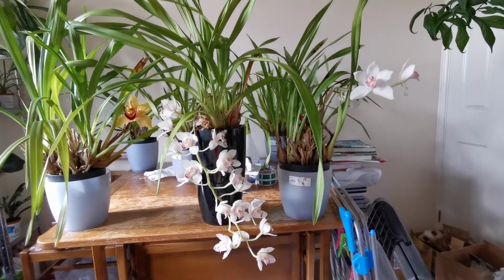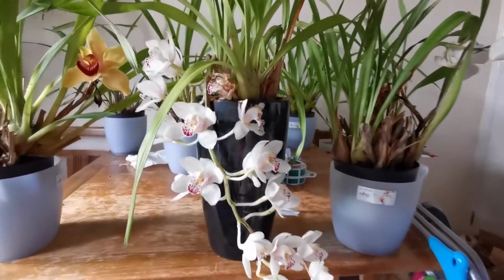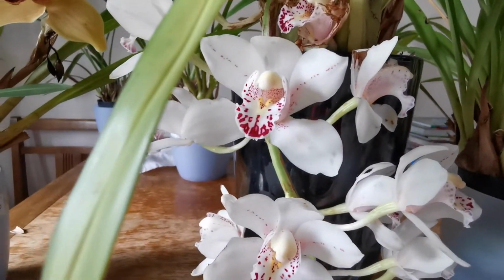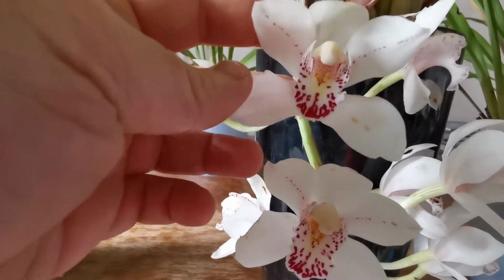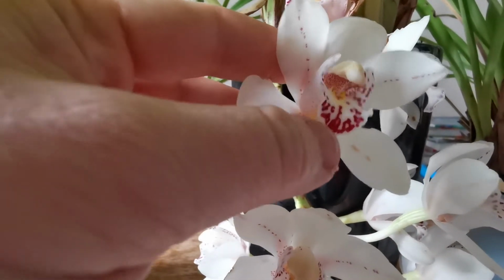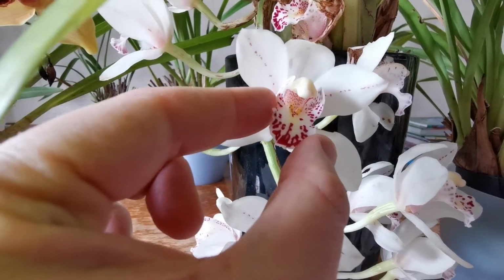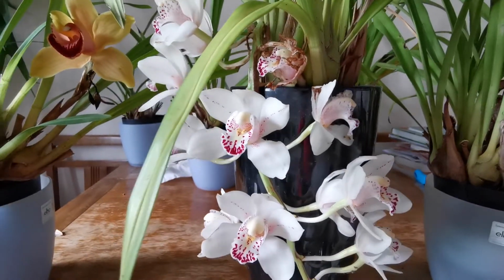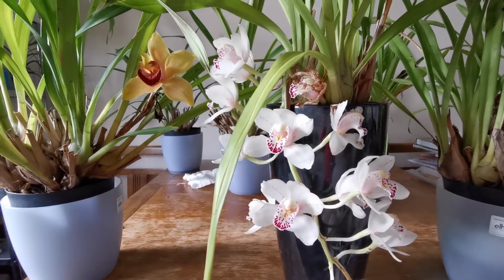Another feature of the cymbidium is obviously the lip. Actually, cymbidium comes from the Greek word kymbe, which stands for boat, and it's due to the shape of the lip. As you can see, the sides are kind of vertical and they resemble the hull of a ship,